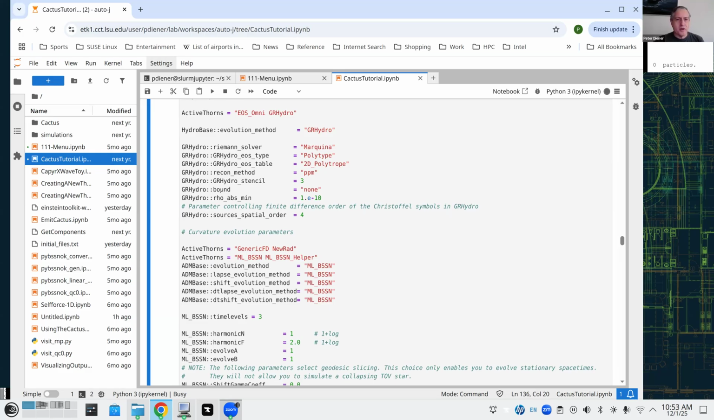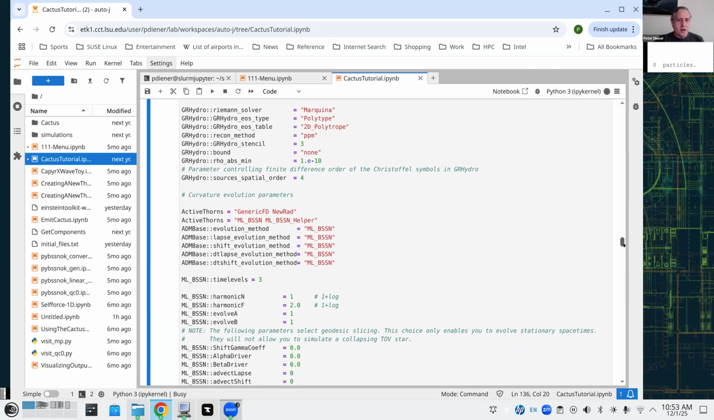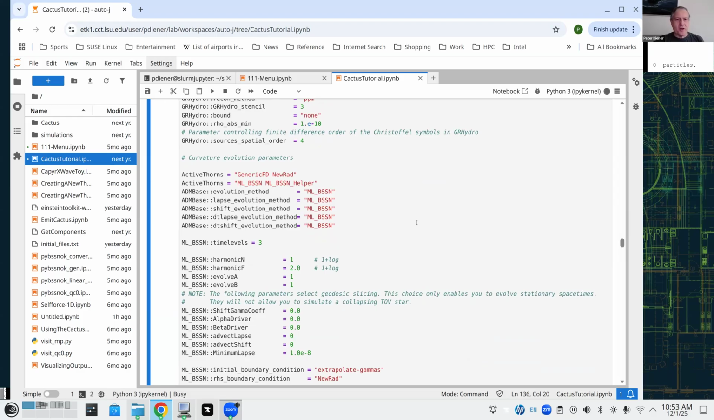Let's see. Okay, so it looks like we are not providing any boundary conditions for the hydro because the hydro is all in the interior. And okay, so then we go on to the spacetime evolution, and that is done using